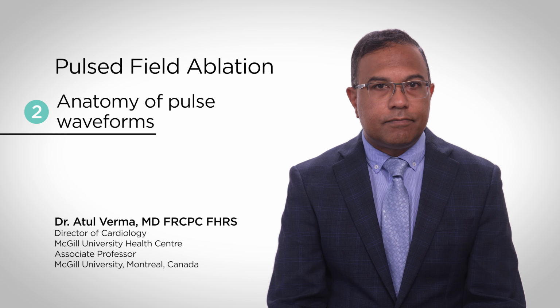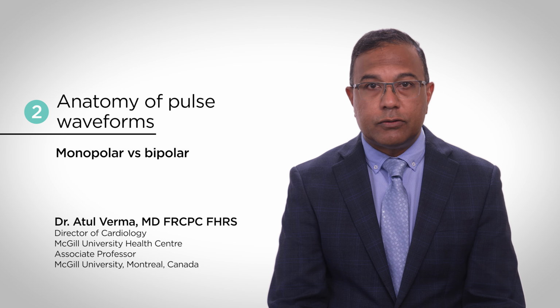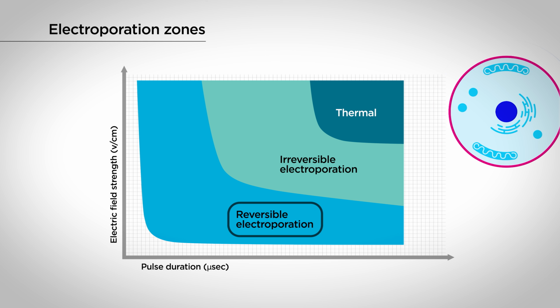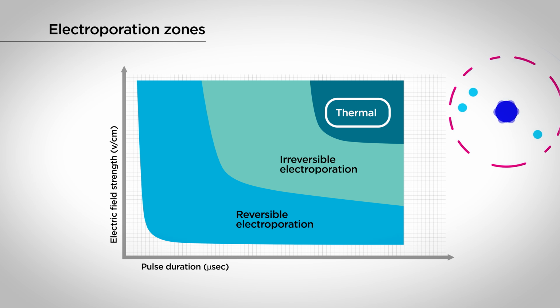Waveforms are complicated. You have monopolar versus bipolar waveforms, microsecond versus nanosecond, monophasic versus biphasic. So what do you actually need to know? Well, first you need to understand the electroporation zones. It is comprised of a reversible zone where the cell survives and an irreversible zone where the cell dies, and tissue scaffolding remains intact. Additionally, with pulse field ablation, there is still a thermal zone if the pulse parameters are